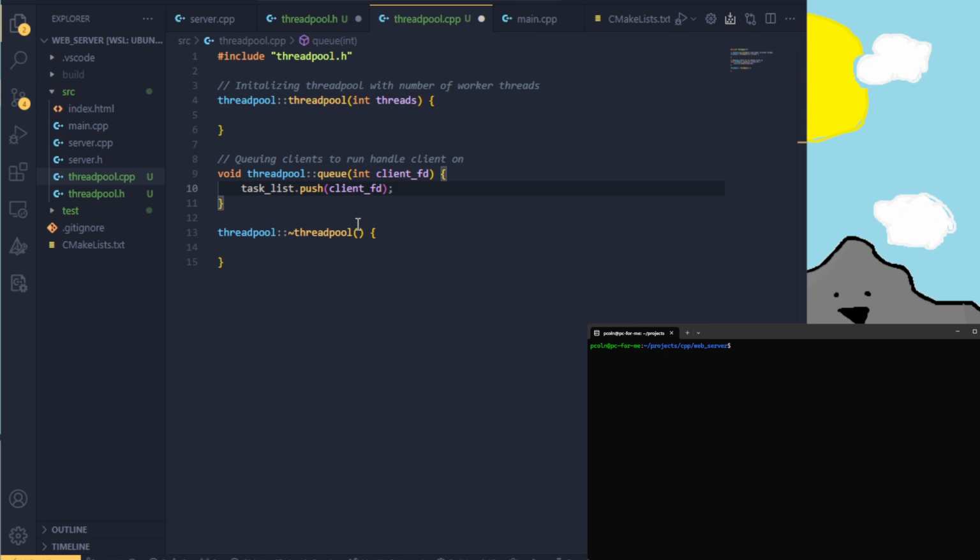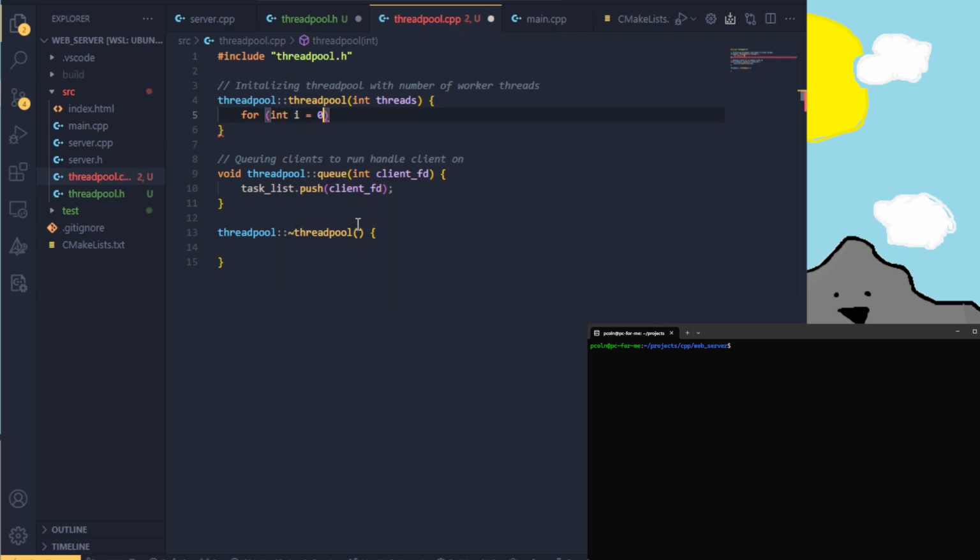I think I might need to look into multi-threading some more, but this is probably just gonna be like a for